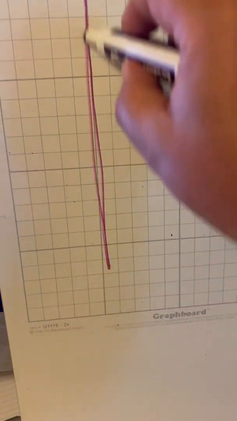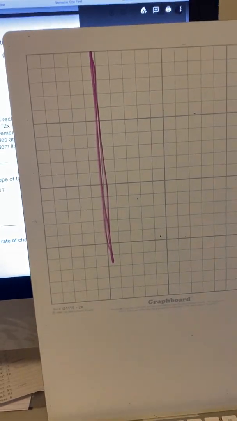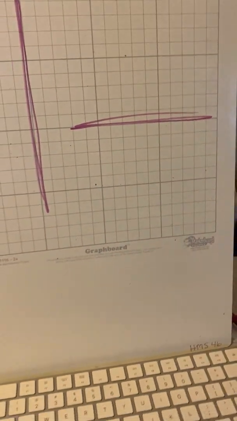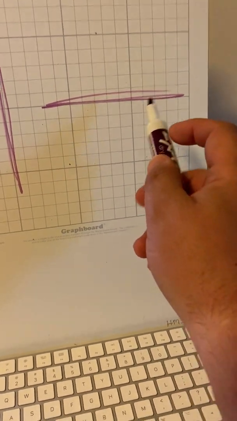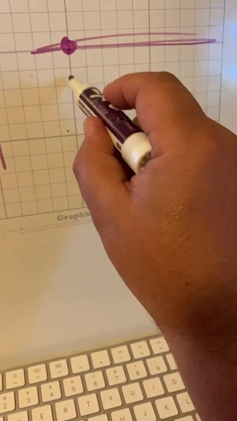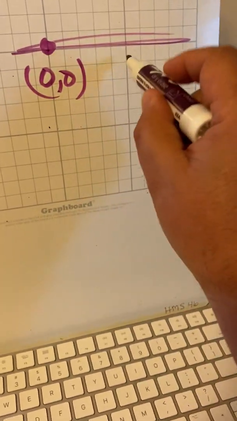A vertical line is up and down. Okay, this is a vertical line. That is a vertical line. A horizontal line is one that goes side to side. Now, for this one right here, a side to side line, if you were to do any point on here, let's go with (0, 0) and